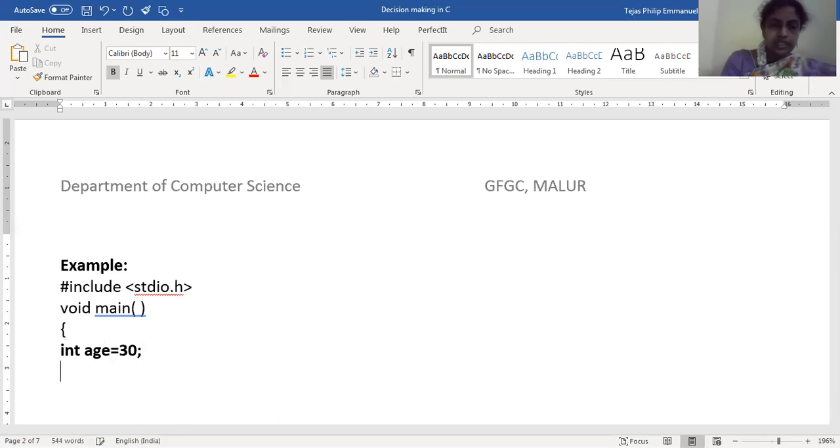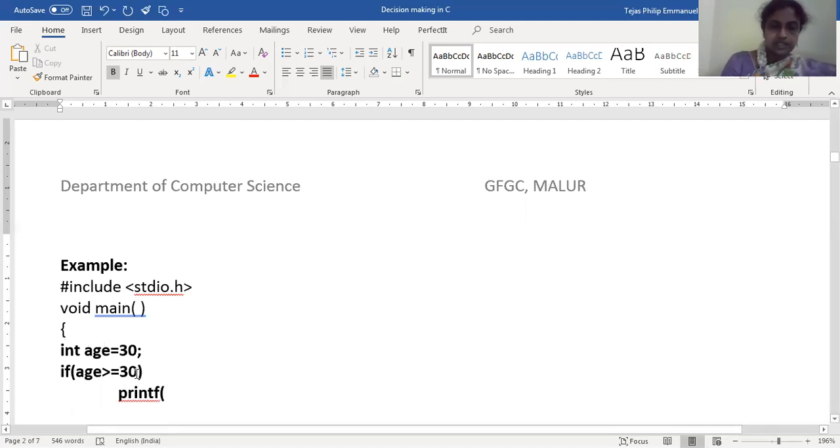Then I am giving if age is greater than or equal to 30, printf.